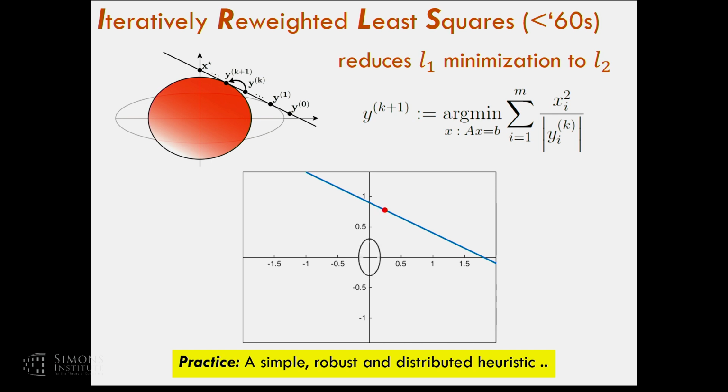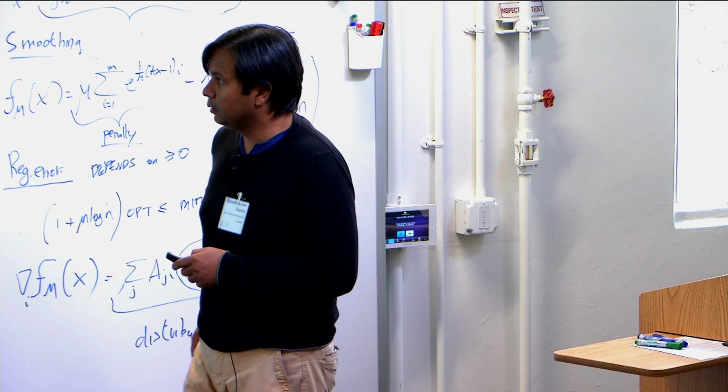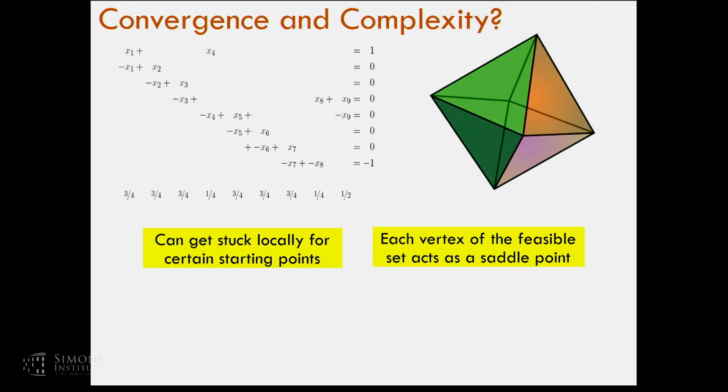The question is, does it converge, and if and when it converges, what is the time complexity of this? So the problem is that, as defined, this method can actually get stuck. You can construct examples of subspaces along with starting points which get trapped in certain suboptimal points and can never escape from there. Another obstacle to analyzing the convergence of it is the fact that each vertex of